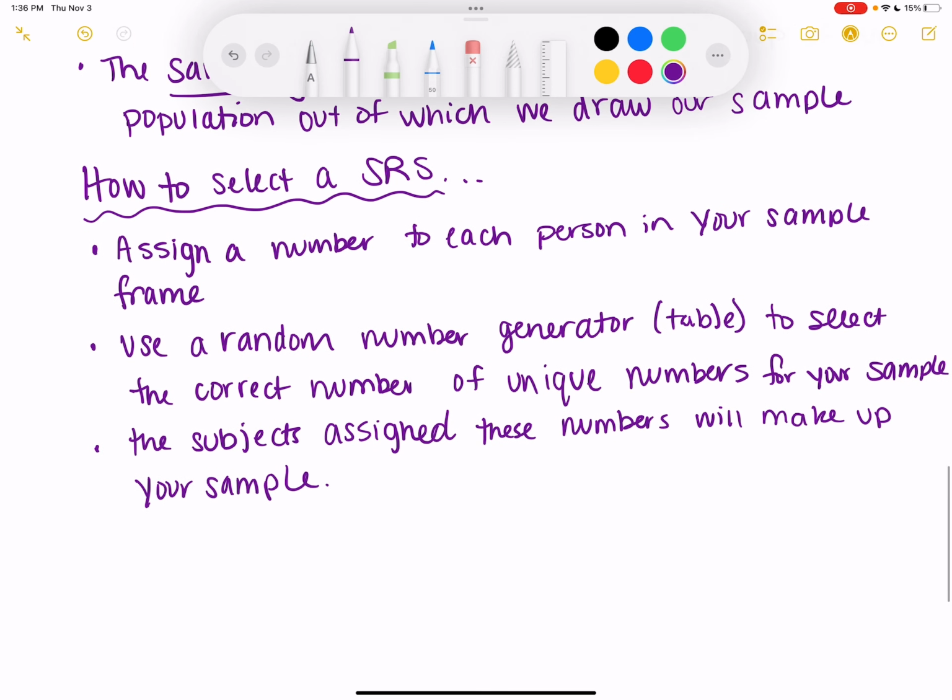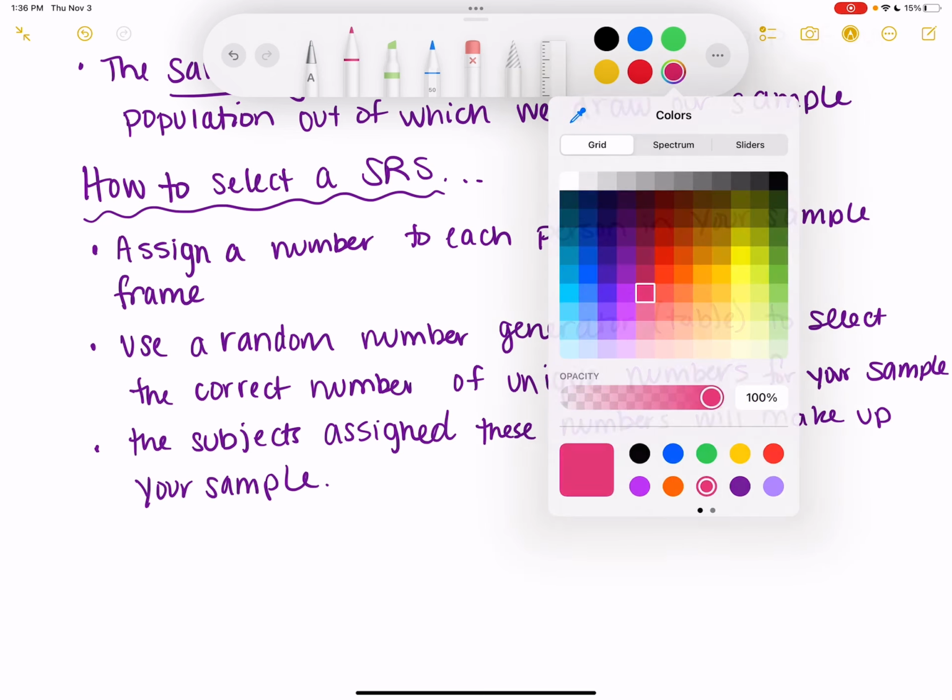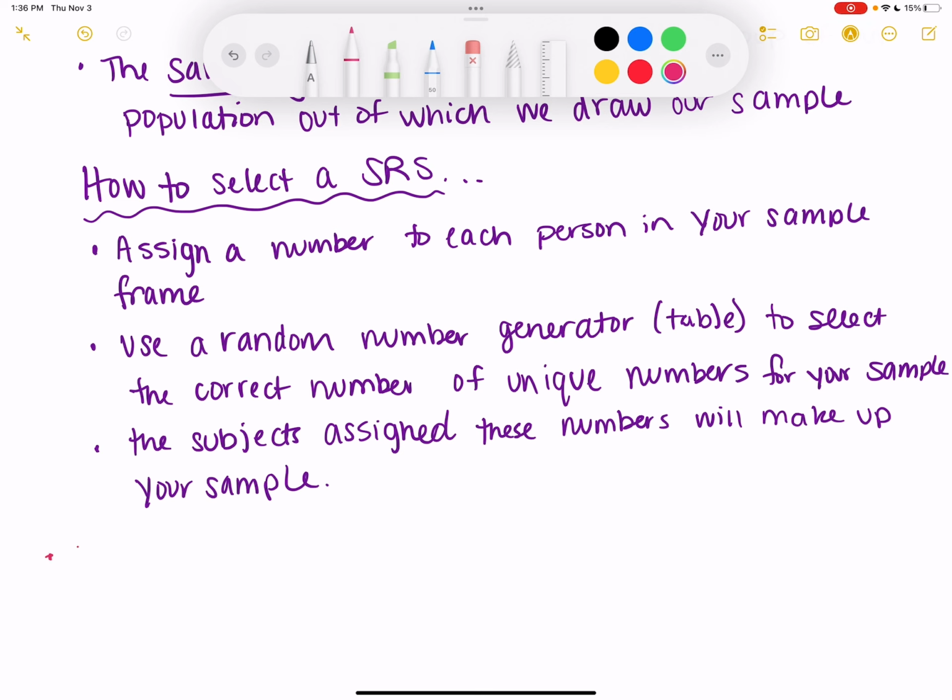All right, and then the last little thing we'll try to write down for today. Be sure to state or show where your random numbers came from.